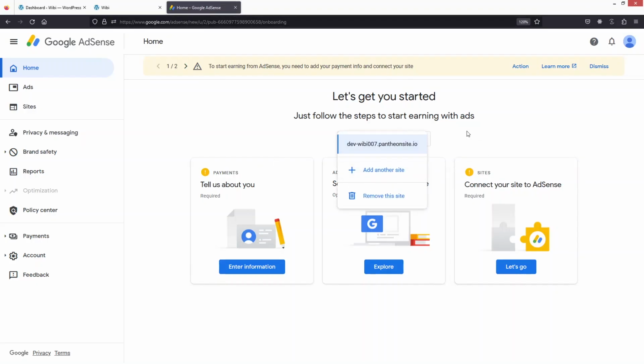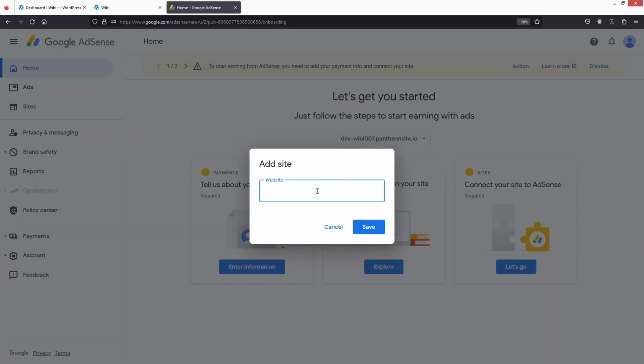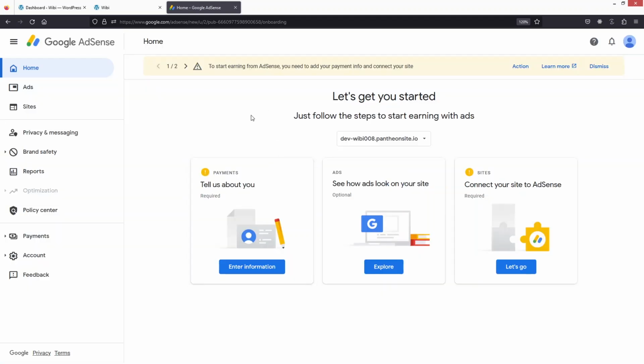So I want to add a new website, and I can also delete or remove this website as well. So let's click on add another website. Here I have to paste the URL, click on save. Now you will be able to see that I have added the URL of my website here. Alright, and you can also see a bunch of different options here in the Google AdSense that I will be